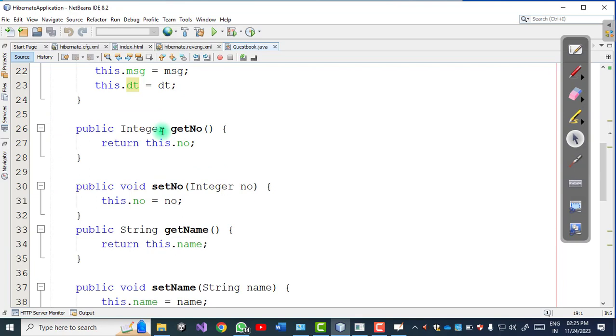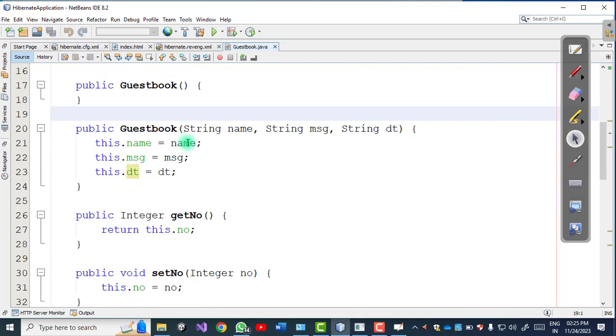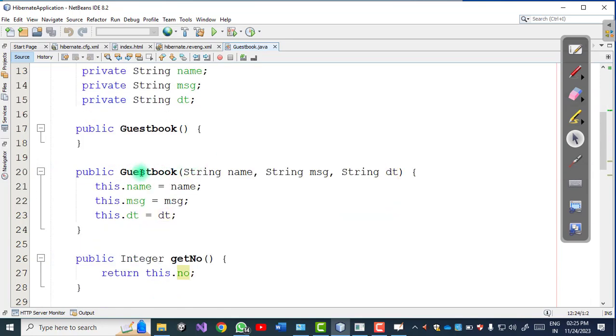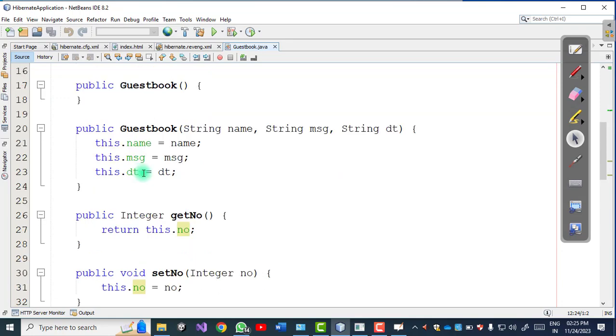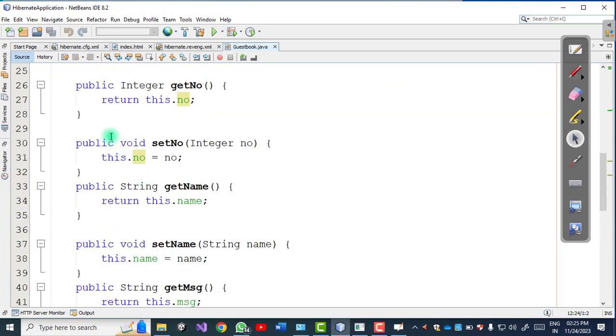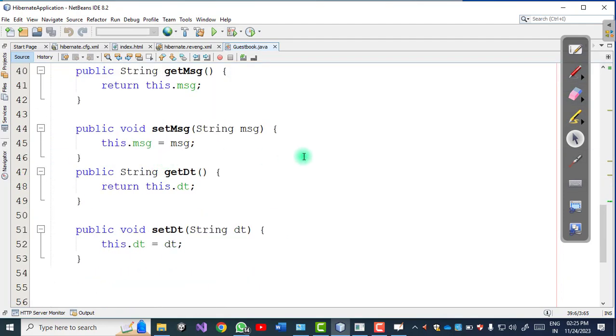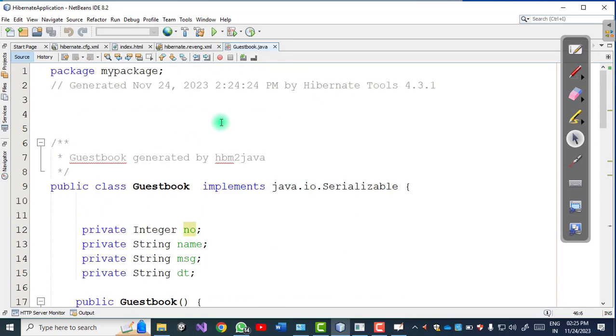Here this is the constructor with name, message and dt. Why did the id not come here? Why is this number not in this guestbook constructor? Because it is auto increment, so we will not include it. Now we are getting the number, setting the number, get name, set name. In the same way, all the corresponding mapping code is generated in this file by default in my package.